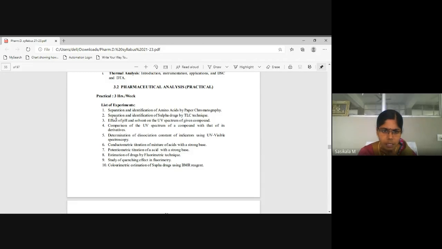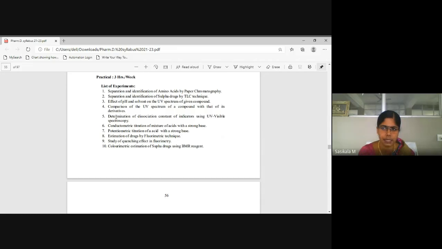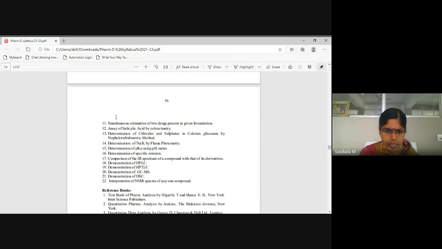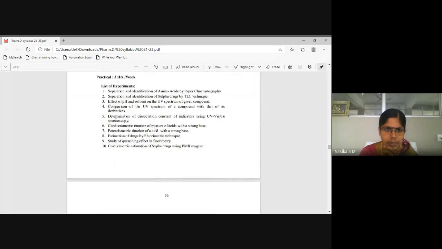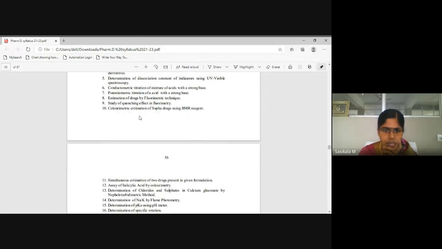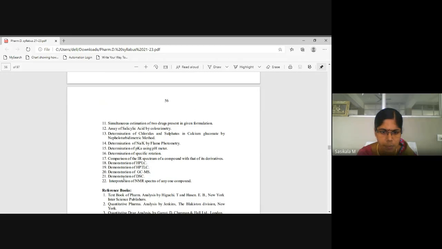Here your practical is also divided as per the theory, quality control and quality assurance methods. The experiments are already prescribed in the syllabus itself, so according to the syllabus content, you will be carrying out all the experiments. First chromatographic techniques, then UV visible spectroscopic techniques, then titrations. These titrations you will be carrying out based on the third part. According to the theory syllabus, it is the third part now. So after analyzing all spectroscopic methods, you will be moving on to titrations. Okay, these are all different spectroscopic techniques.